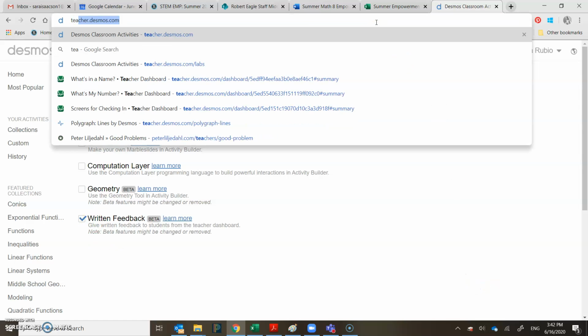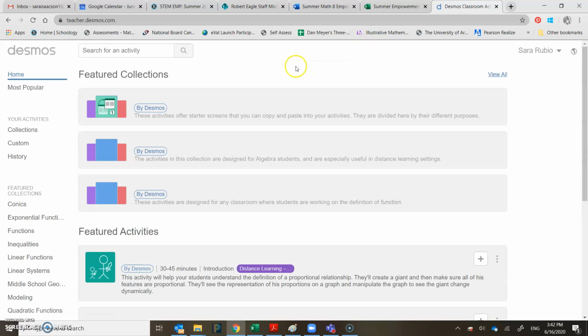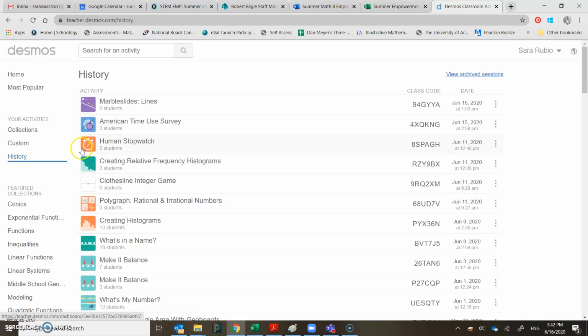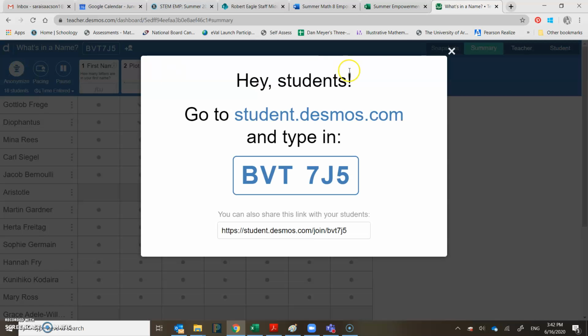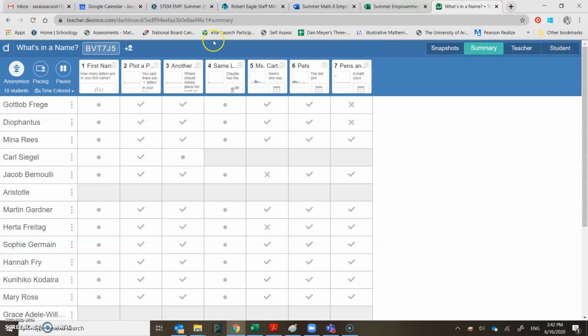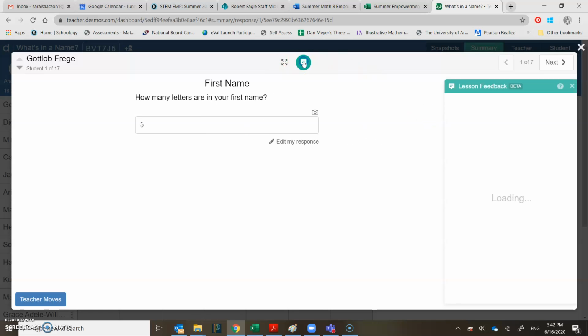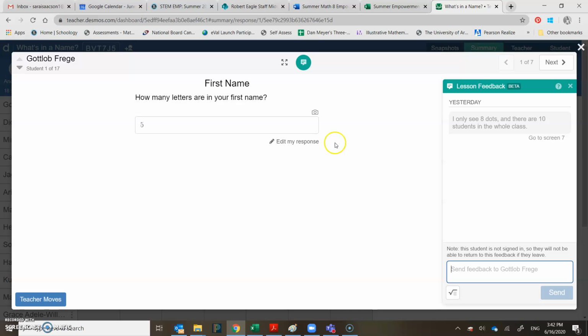So now when you go to teacher.desmos.com, and if you are engaging in an activity, so let's say this activity that my students did, and these are fake names. So when we're looking at a student work, you can click this right here to give student feedback on their thinking. You can click this button to go see different students, but students can only see their feedback if they're